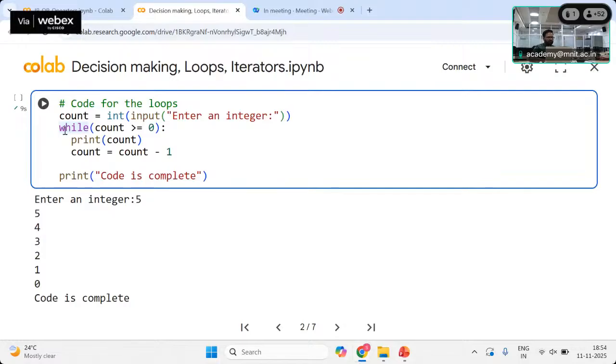So here we have taken, let's say, count, with some value, and this while loop checks if the count value is greater than or equal to 0. First we print the count, and then we decrease the count. If you see, both are indented inside this while block statement, and the next print statement starts at the same level as where while started. So it is not inside the block statement, so it is not part of the while statement. So if you run it, let's say if I write